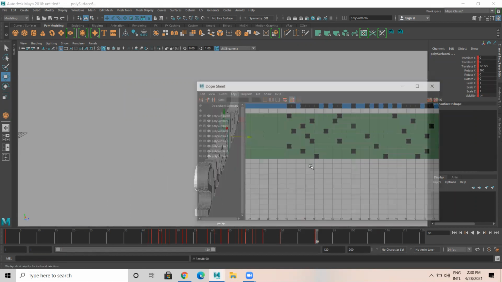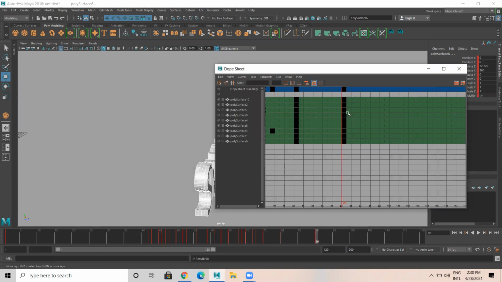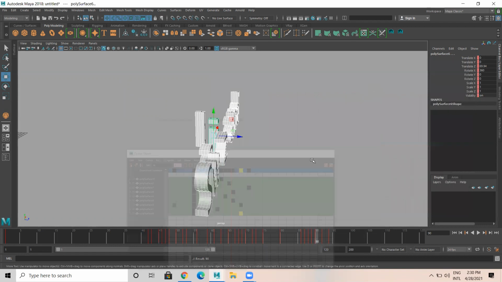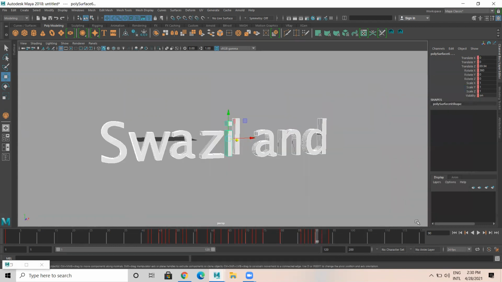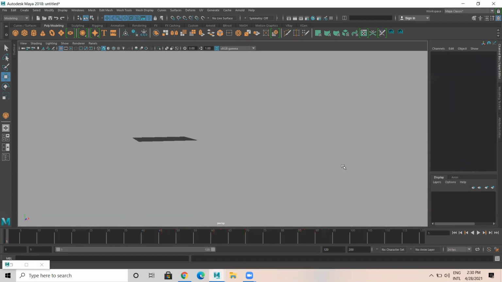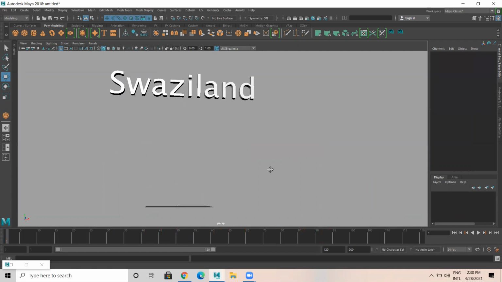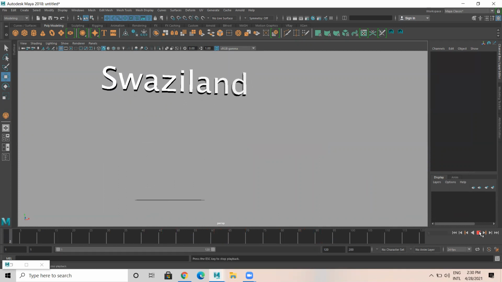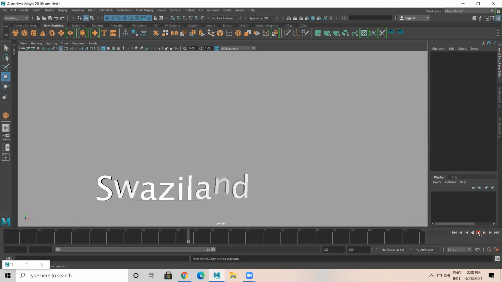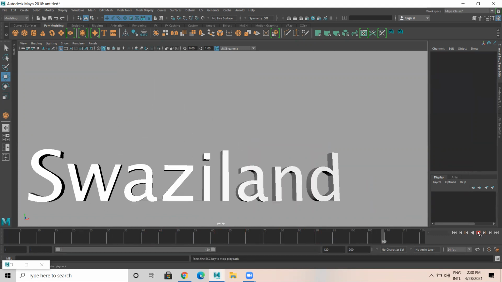So here what I'll do at frame 90, so what I'll do here, okay, this is my close-up shot. So when I play this, hitting.